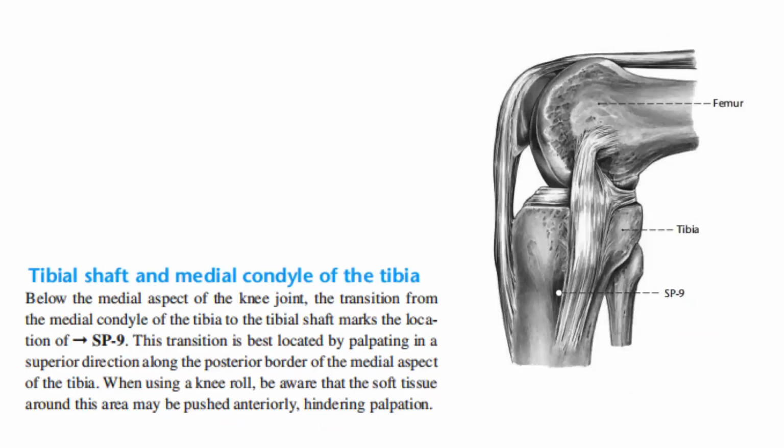Tibial shaft and medial condyle of the tibia. Below the medial aspect of the knee joint, the transition from the medial condyle of the tibia to the tibial shaft marks the location of spleen 9. This transition is best located by palpating in a superior direction along the posterior border of the medial aspect of the tibia. When using a knee roll, be aware that the soft tissue around this area may be pushed anteriorly,